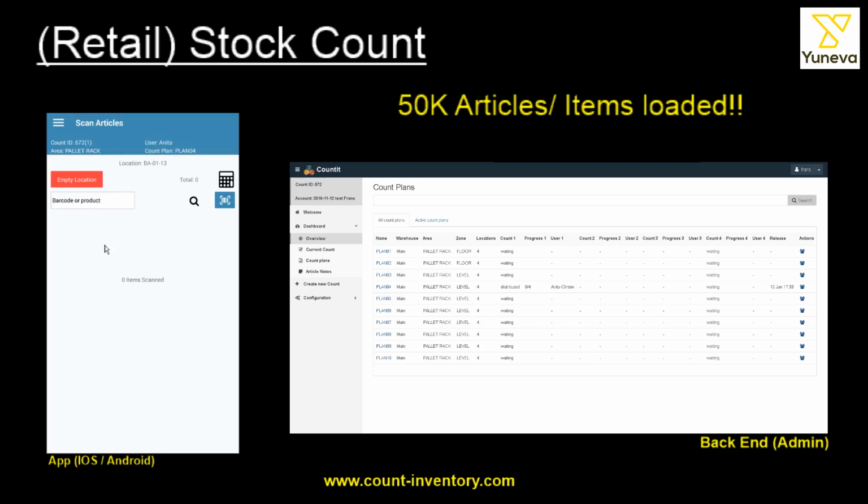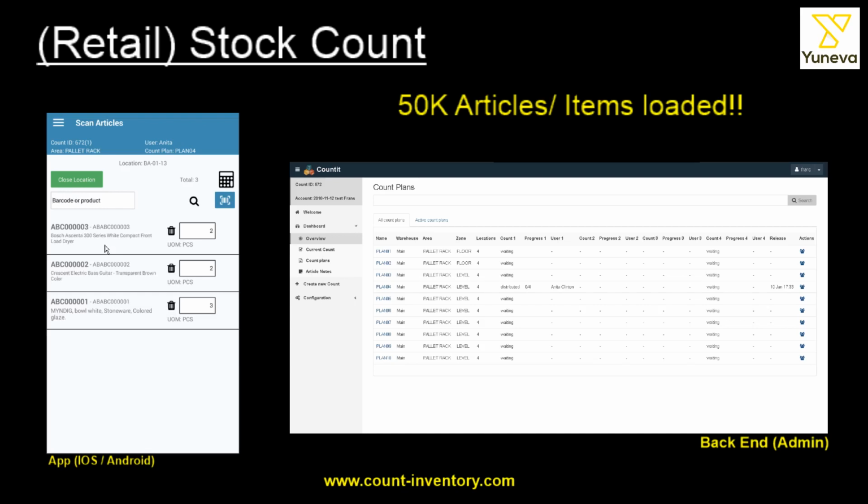Then the second thing is that you will get specific products which you need to scan. And again, this is for retail. So what we will do is when you scan it, it will increment with 1 going forward in this. So again, I'm using an external scanner for this. So you can see it's going pretty quickly, 2, 3, but I can also go to the second one. So you can see that it's pretty quick with the